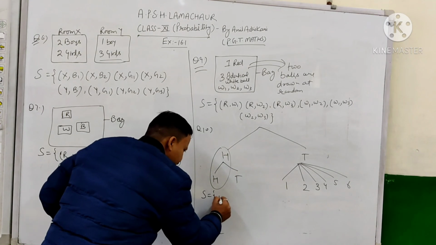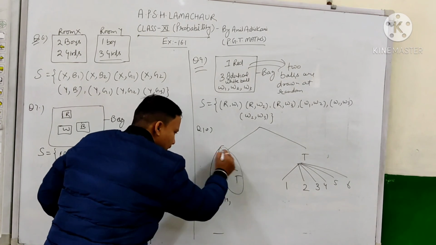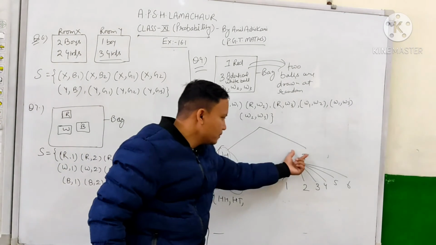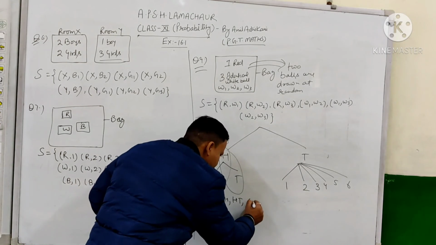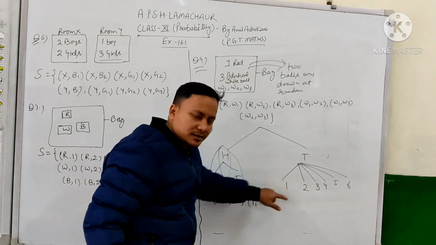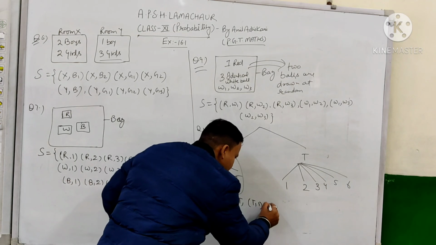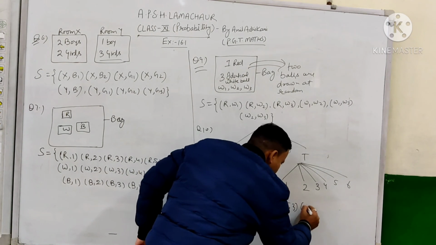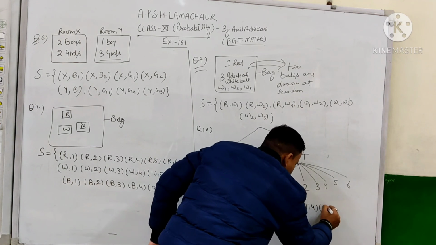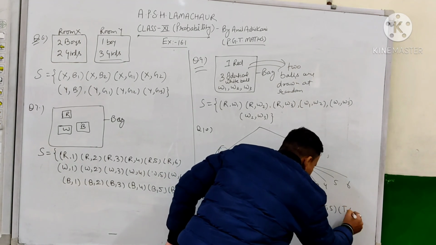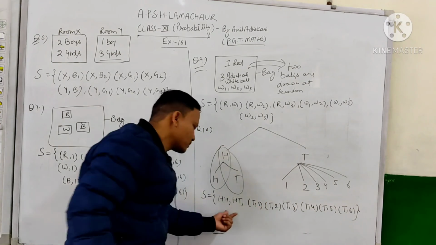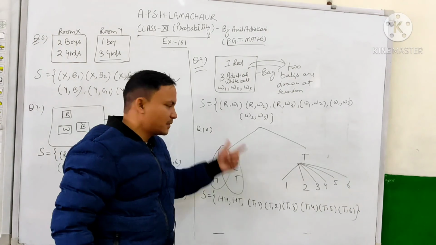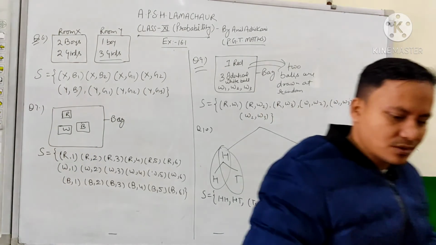So summarizing these things, we get the sample space for this particular experiment starting from this one: HH, second case HT. Okay, here the cases are completed. Now with T, 1 आ जाए, it means T1, second case is T2, फिर further T3, T4, T5 and T6. So there are 6 plus 2, 8 possibilities. So this will be the required sample space for this particular experiment. Pause the video and take the screenshot.